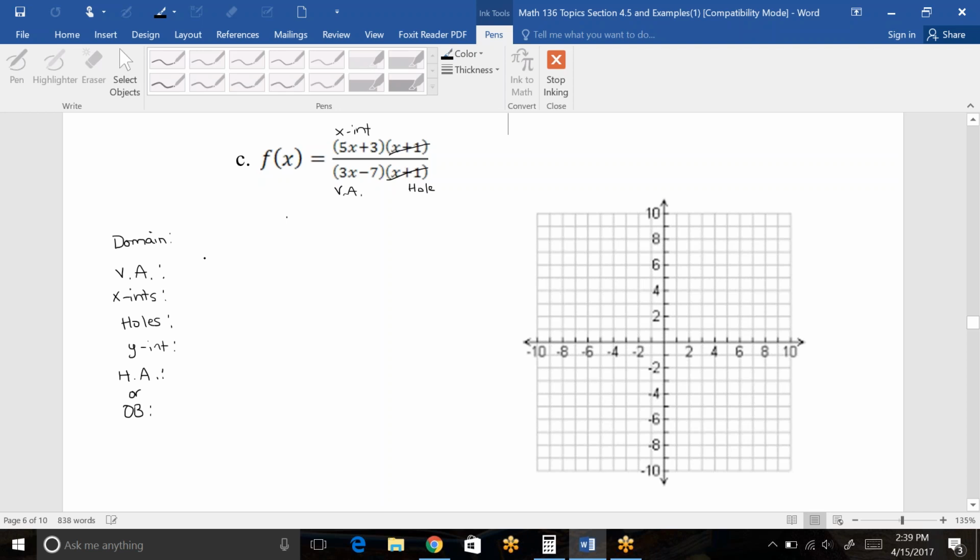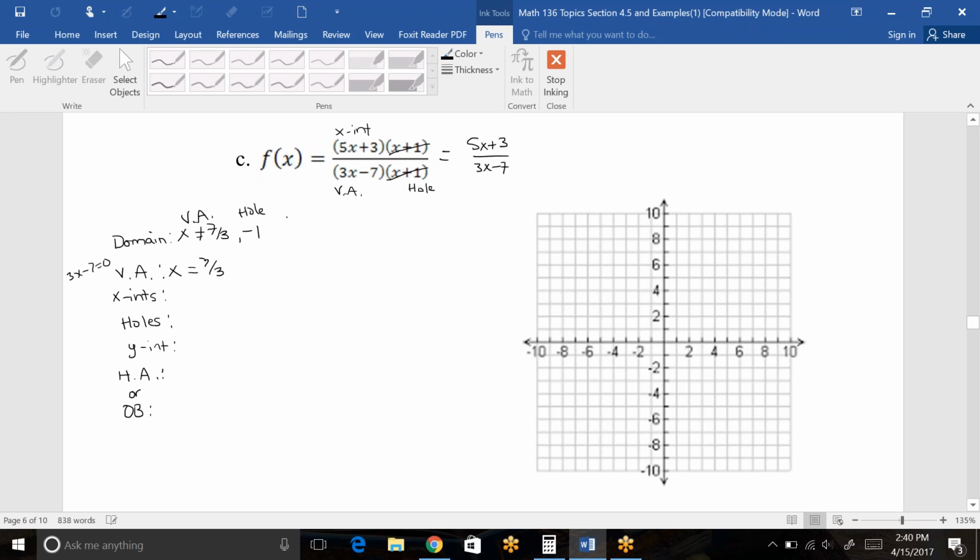Okay, so the vertical asymptote is found by setting whatever is still in the bottom that hasn't canceled equal to 0 and solving for x. So this is our reduced fraction here. So we would set 3x minus 7 equal to 0. That would be add 7 over and divide by 3. So that's going to be 7/3. That also is part of our domain restriction, as well as the -1. Remember, the domain is everything in the bottom that could have gone wrong and caused a 0. Whereas when we write them out later, we'll talk about how some things in the domain are vertical asymptotes and